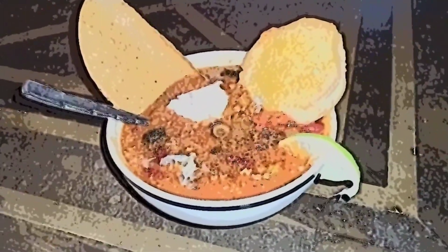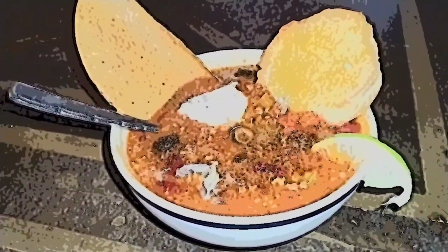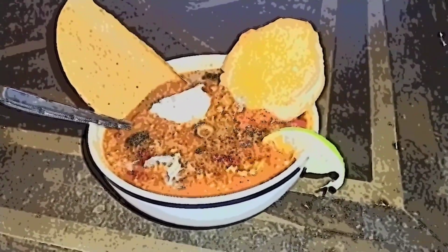Alright, there we got a little bit of hot sauce, Texas Pete, which isn't hot, pretty much mild. Excuse me, and some black pepper in my chili. Some chili lime seasoning, which is actually a pretty interesting flavor. And there we got a little piece of a hard taco shell, some sour cream, of course,